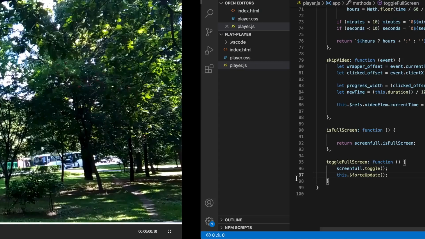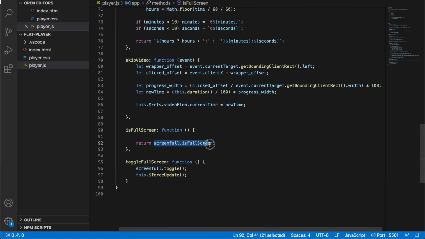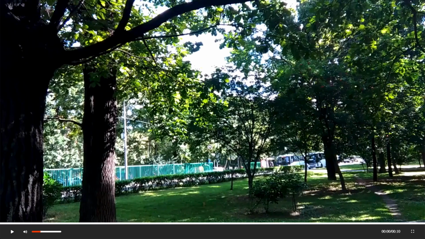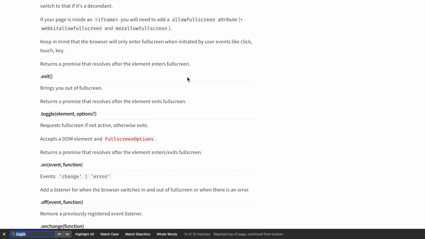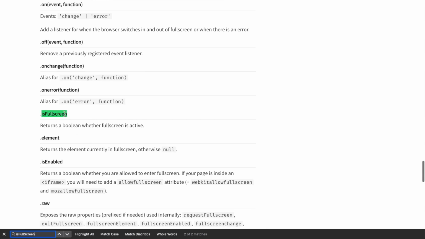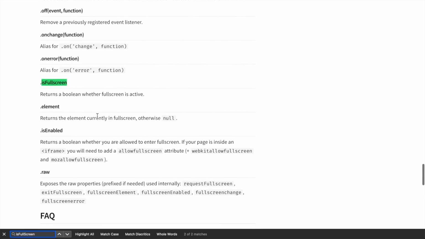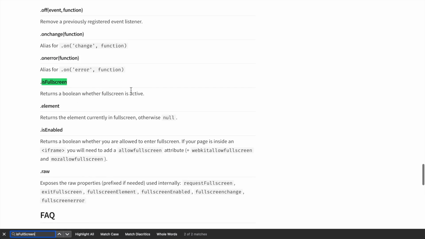Okay, that's weird. That is full screen. It should show up the